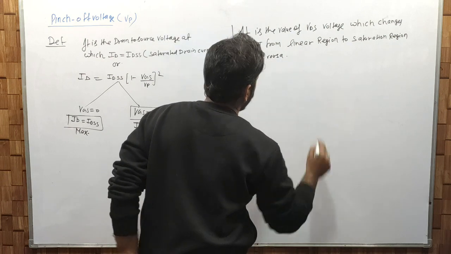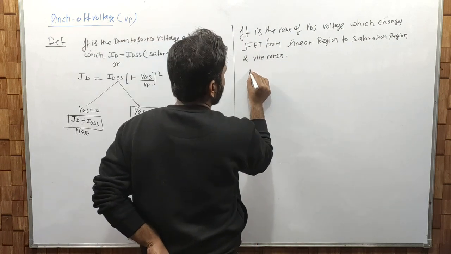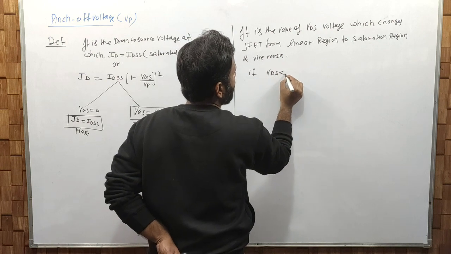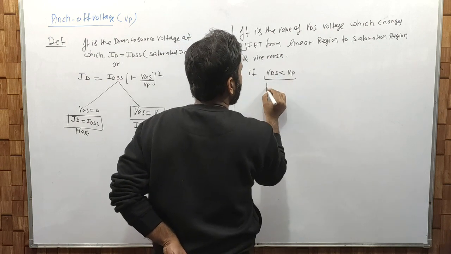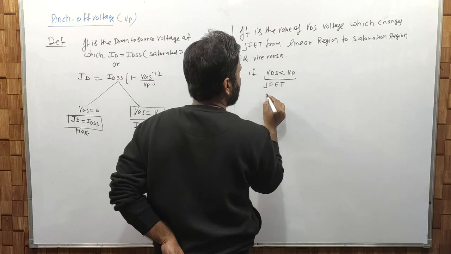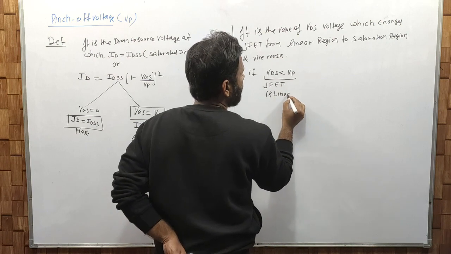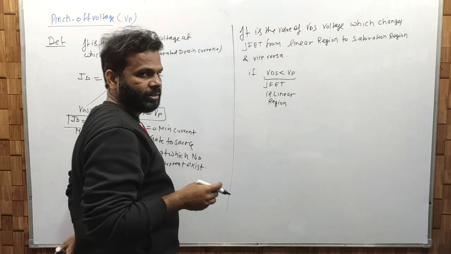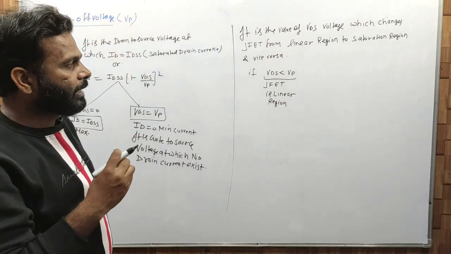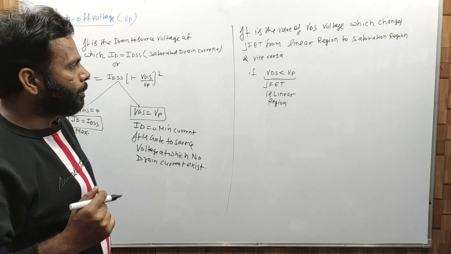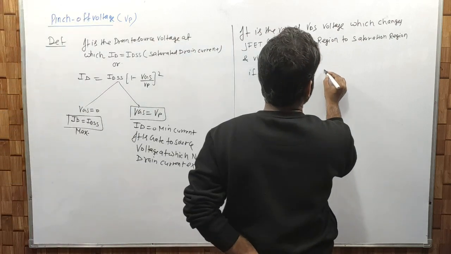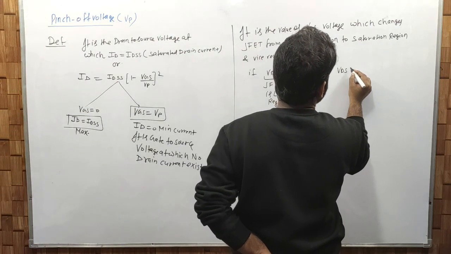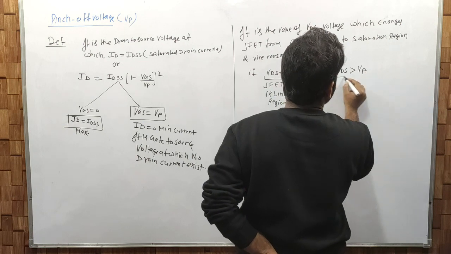What is that meaning? Now if VDS is less than VP, then JFET is working in the linear region. That region is known as the linear resistor, and here ID and VDS are proportional. Now if VDS is greater than VP, then JFET is